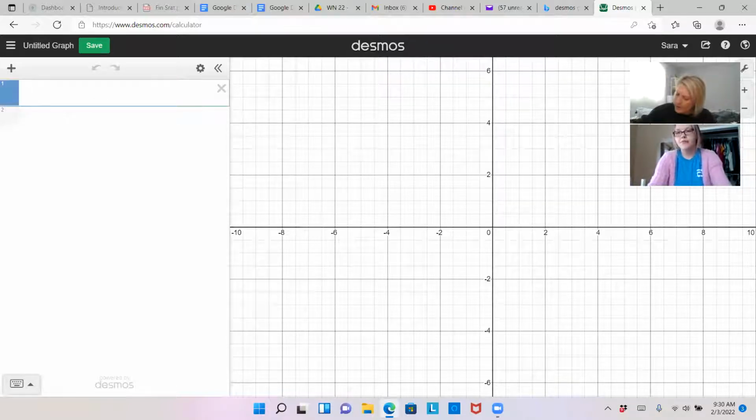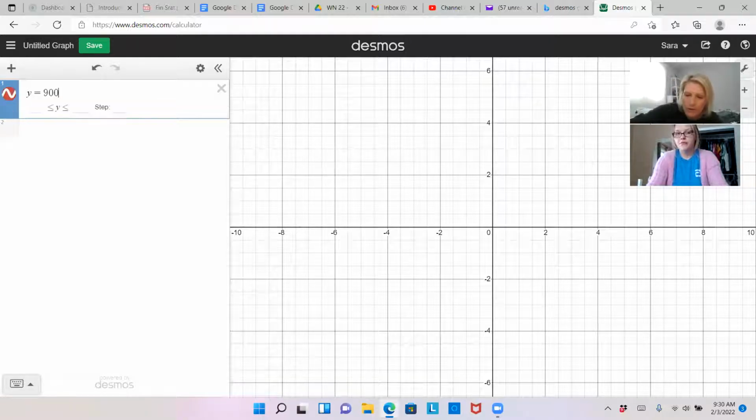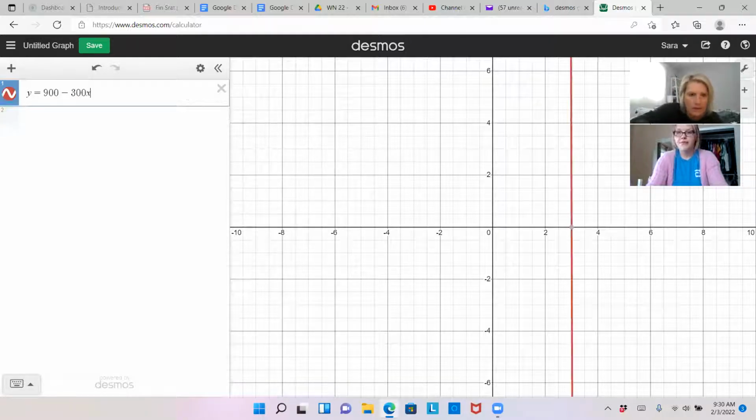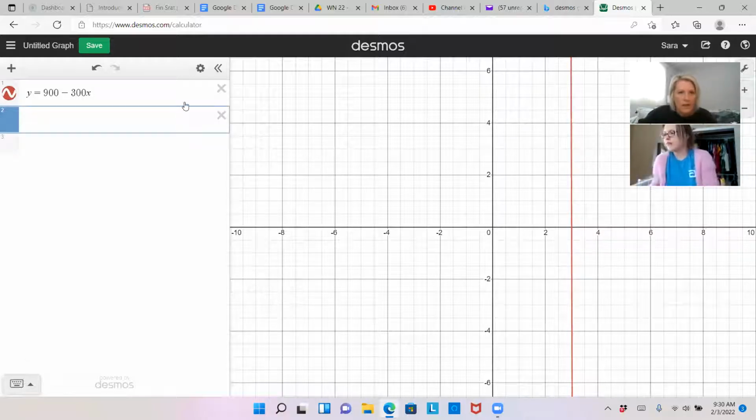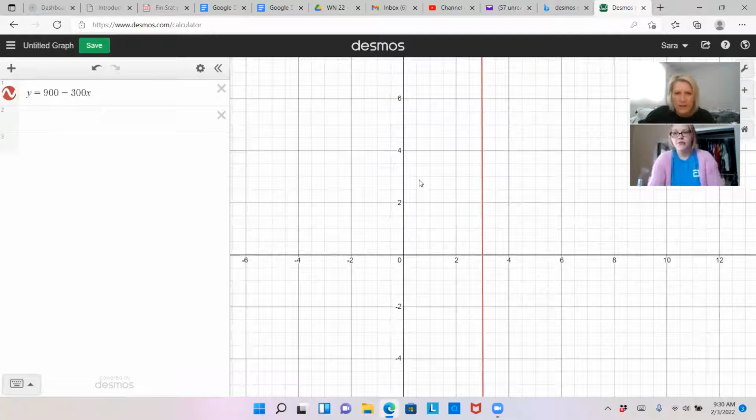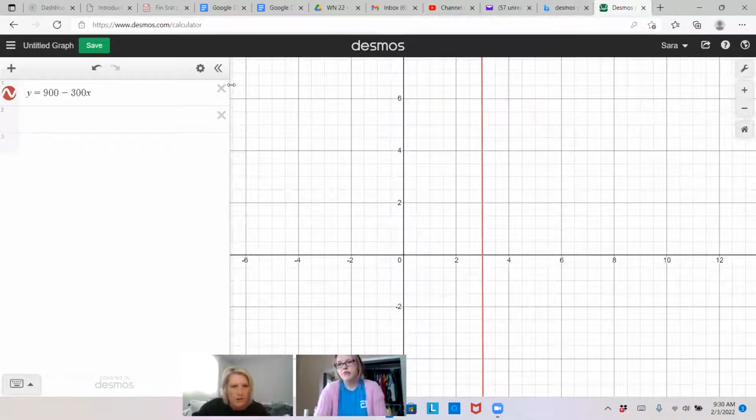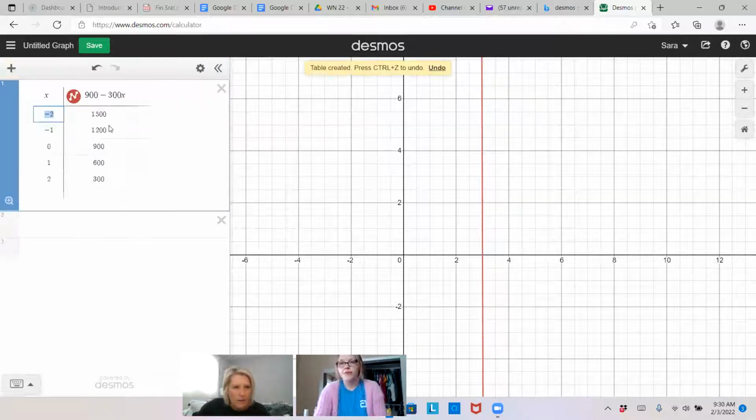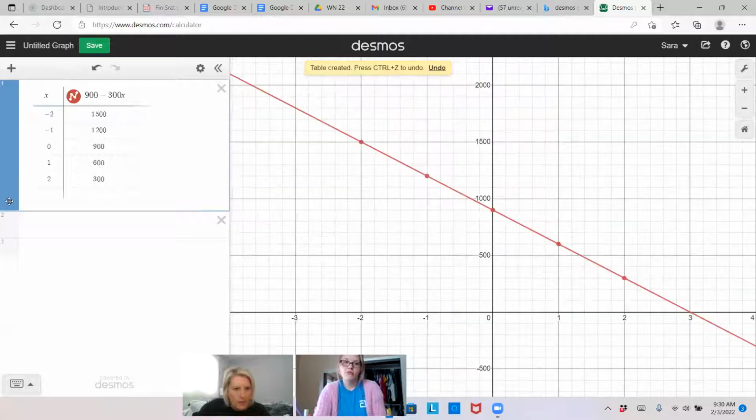I'm going to put in just the equation of the right side. So I'm going to say y equals, I'm just going to let it equal for now, 900 minus 300x. Okay. And I'm going to hit enter. And then we can't really see it on there. The scaling is weird. So you could zoom in and out over here to check that. Or if you click on the gear and then go to convert to table, this magnifying glass will come up